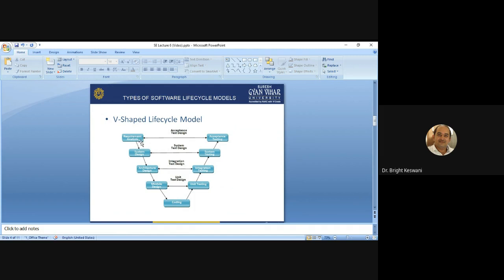Here you can see the requirement analysis phase, which is the first phase of SDLC, and acceptance testing is related to the requirement analysis, because in the requirement analysis phase we will confirm all the requirements of the client, and during the acceptance testing we will check whether we have fulfilled all the requirements of our client.